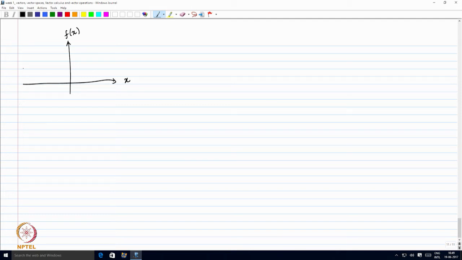So, suppose it is a sine function or something, then you will have a graph like this. Okay. So, f of x will have some graph. So, you can show a graph that represents f of x. Now, if you have a function of 2 variables, okay, then what you need to do is you need to